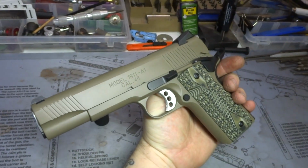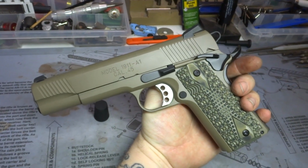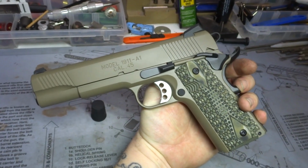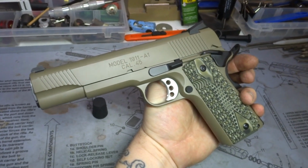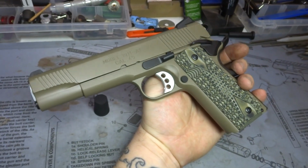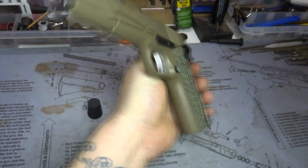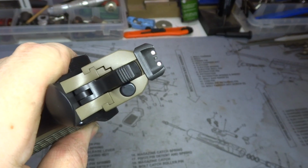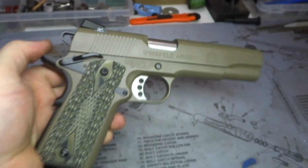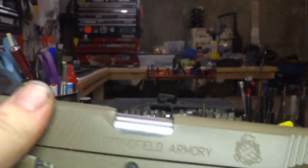And these new offerings, as far as the A1s go, if you're going to buy straight from Springfield or your local dealer, their slide to frame fitment in these Loadeds is just crazy. I even had to polish up the rails on this guy just to get it back together. Springfield's really doing a good job on these new guns. I'm pretty impressed. Very, very tight. Let's go ahead and check out